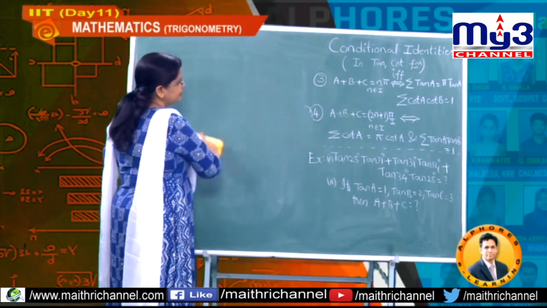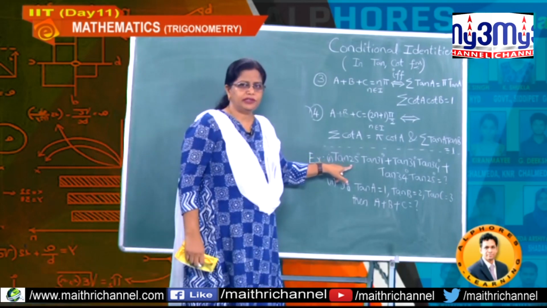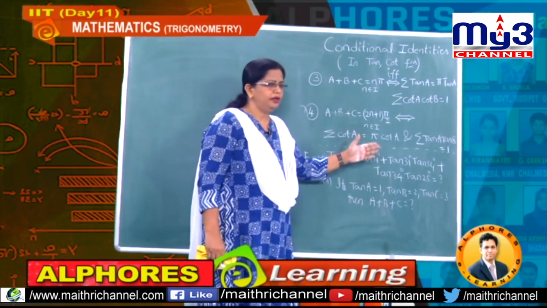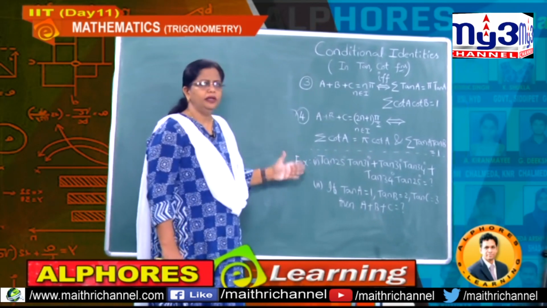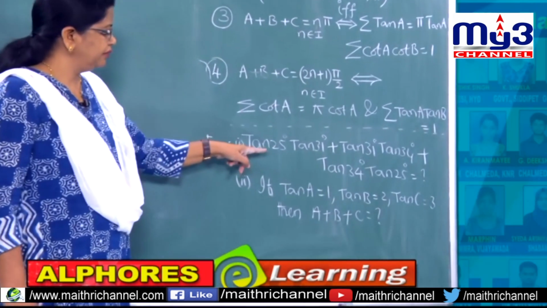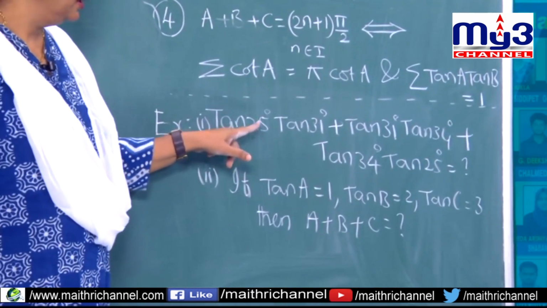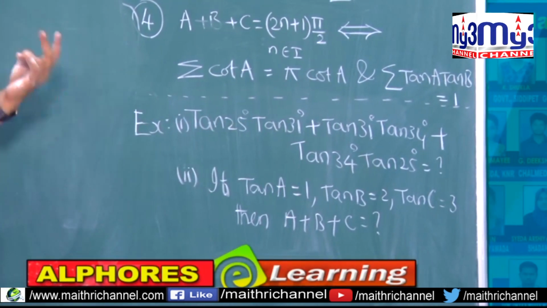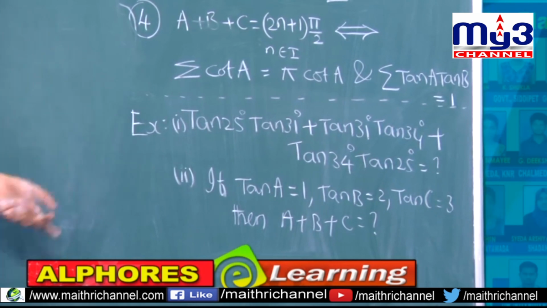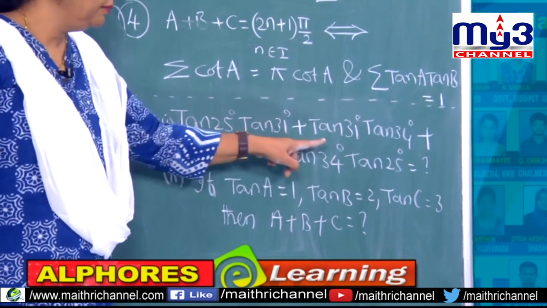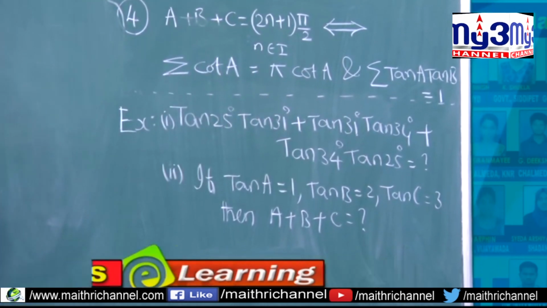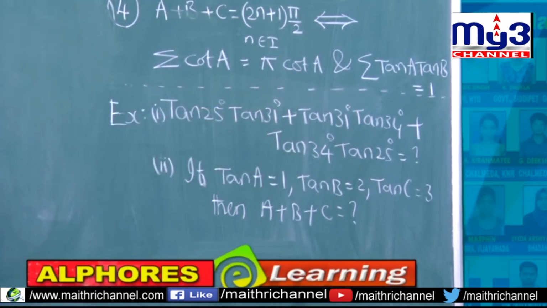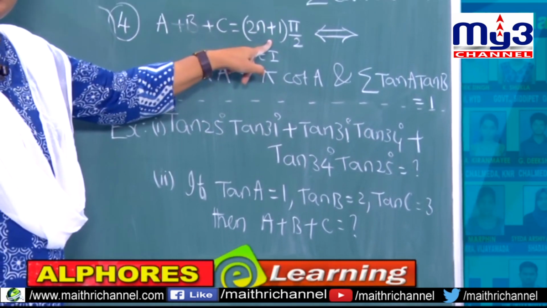One of the examples, suppose you observe a problem in this way. Again as I said, all these are unknown angles. For unknown angle type problems, definitely there will be a formula. Here these are our unknown angles, understand. So for these unknown angles, what is the formula? First you observe how only 3 angles keep repeating. What are they? 25, 31 and 34. Then what is their sum? 25 plus 31 plus 34, it's nothing but 90 degrees. So 90 degrees means it comes under this value.